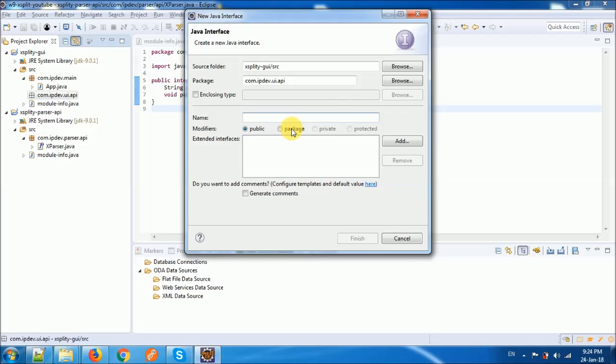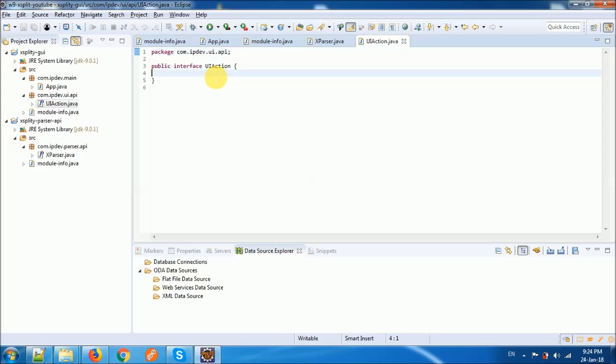First of all, an interface that I will name UI action, and in this interface I'm going to declare a single method, void do action, that actually will take a single parameter. It will be the object, well, let's say value. Okay,